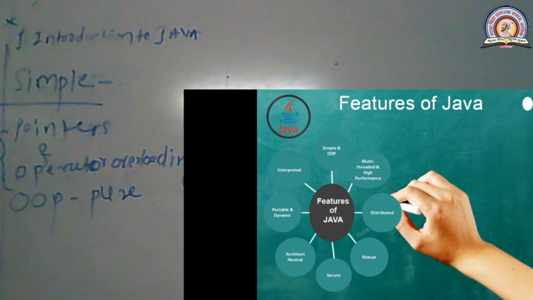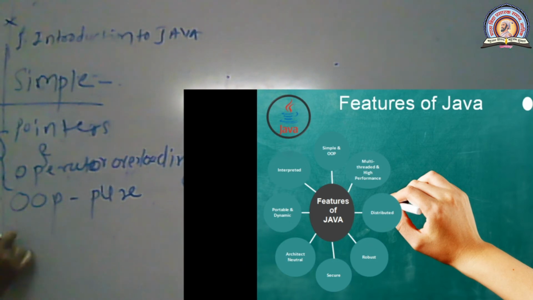Whereas in C++, we can write member functions as well as functions that are standalone, that means they are not included inside any class. They are not member functions of any class. Okay. This is the main difference between the C++ object-oriented programming language and the Java object-oriented programming language.